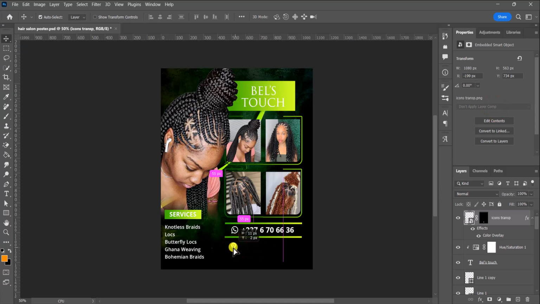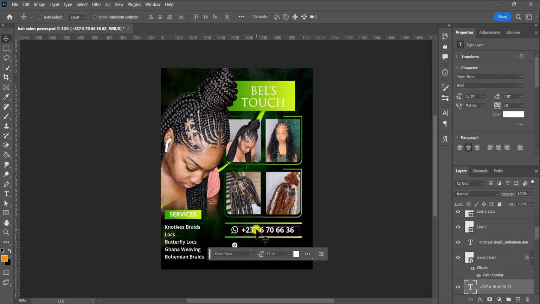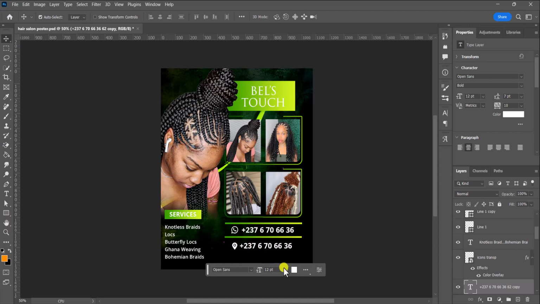So what we want, place it just beneath this, arrow keys a little bit to the left. Like I placed my text, I simply just want to add the location. I'll use the same font. Ctrl J to duplicate that layer. Scale it back down to 8. Now add the location, which is